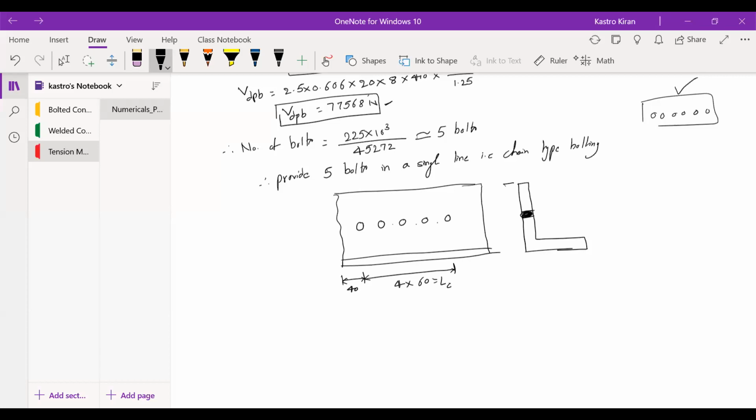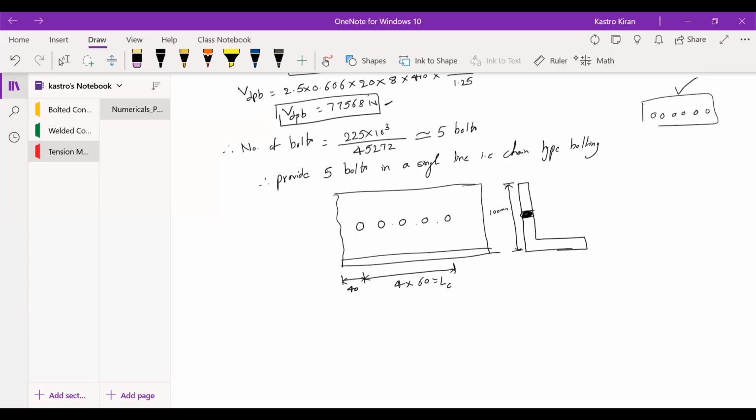So here the height of this angle section will be 100 mm, that is what we have taken, and this will be the 75 mm. As I said earlier in the previous classes, the leg which has the largest dimension should be the leg which is connected to the gusset plate. Anyways, that's another concept. Now we have found out the number of bolts required, and we have made the connection in a possibly safe way.